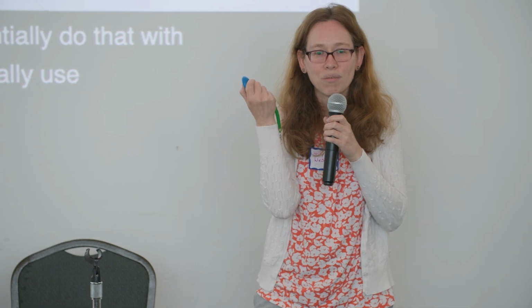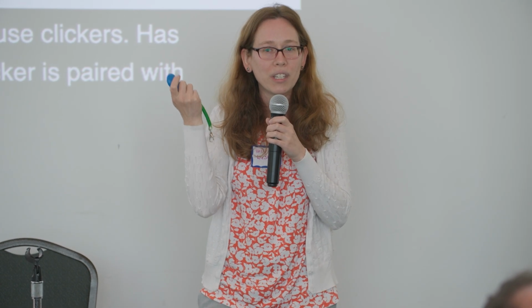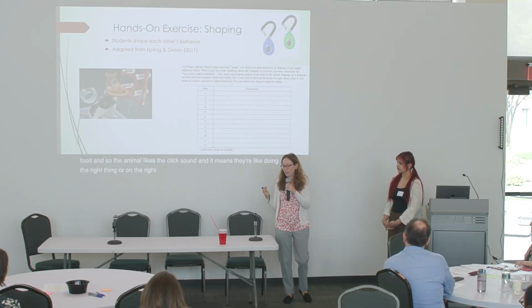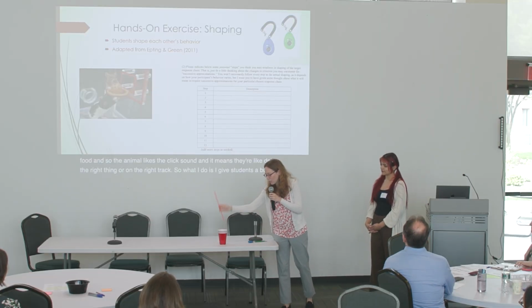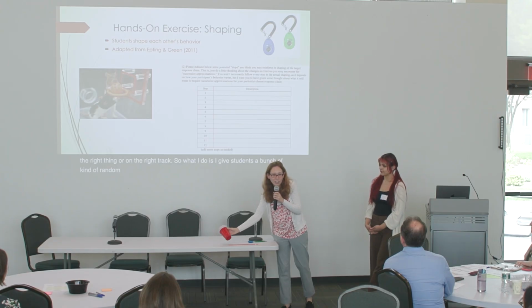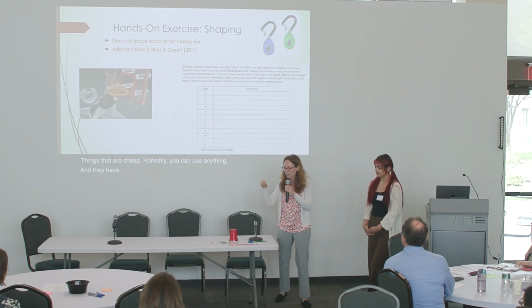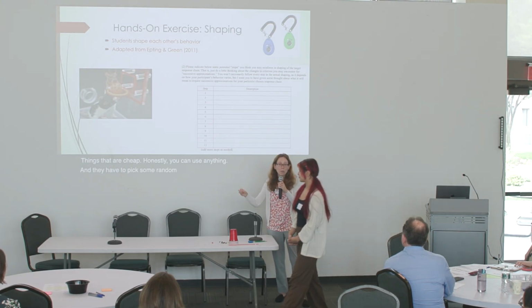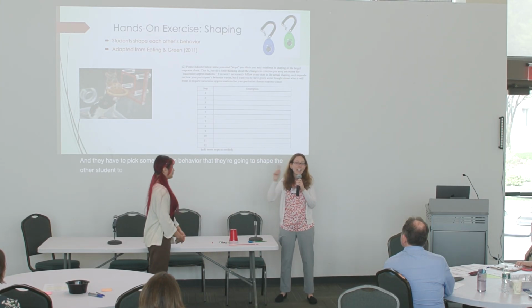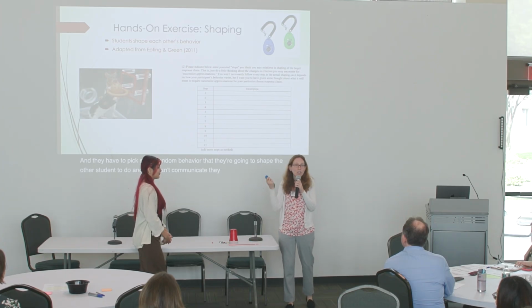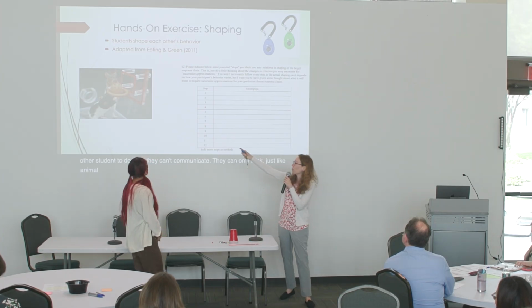And in animal training, they usually use clickers. Has anyone seen that when they train animals? Because the clicker is paired with food. And so the animal likes the click sound, and it means they're doing the right thing or on the right track. So what I do is I give students a bunch of random materials, things that are cheap, honestly. You can use anything. And they have to pick some random behavior that they're going to shape the other student to do. And they can't communicate, they can only click, just like animal training, similar to how they would train a rat